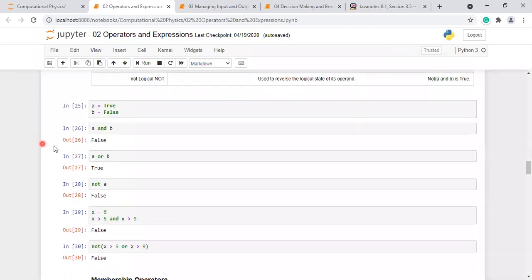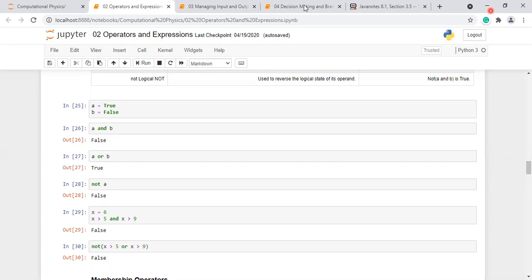If either input is false, the output will be false. If A is true and B is false, the AND output will be false. If A is true and B is true, the output will be true.